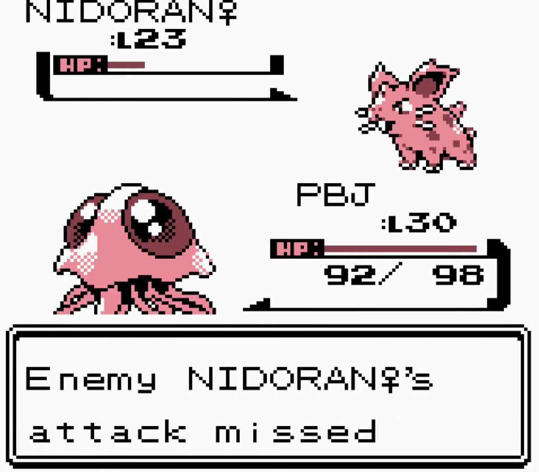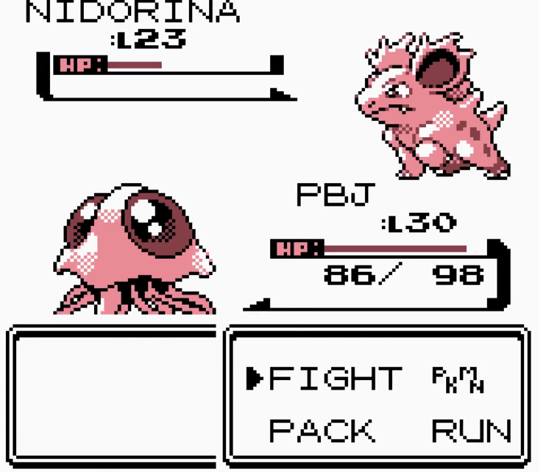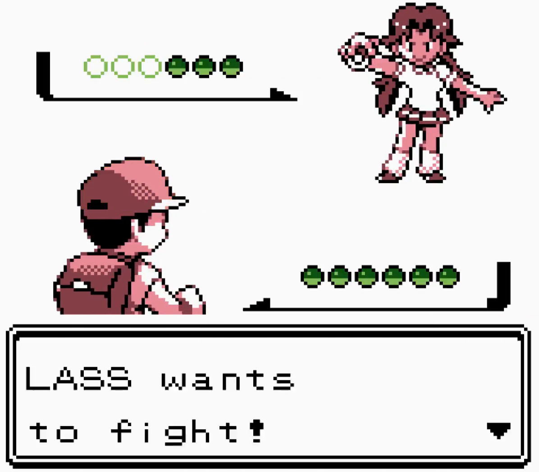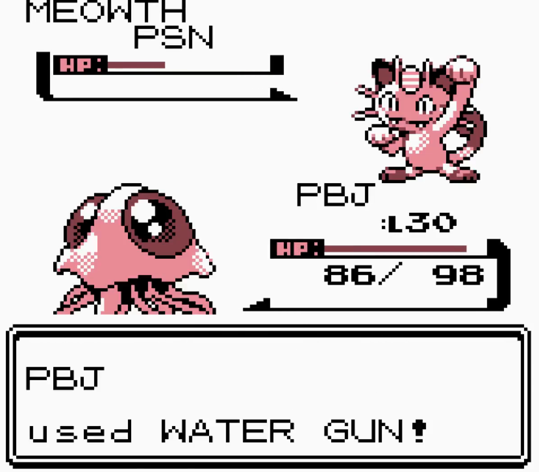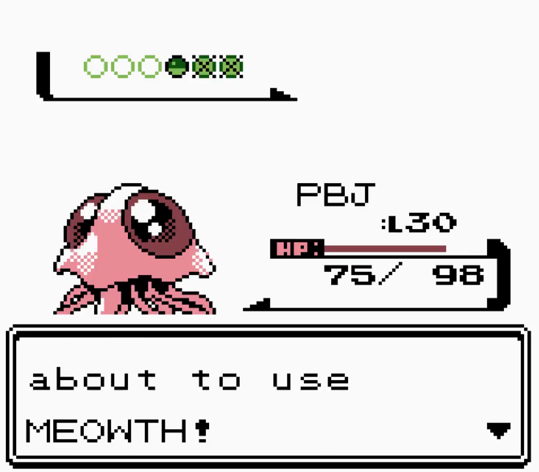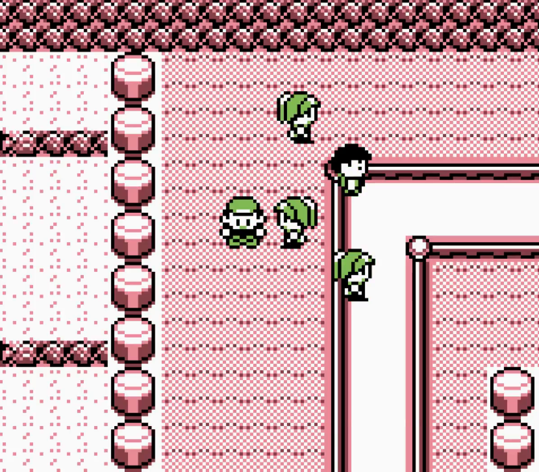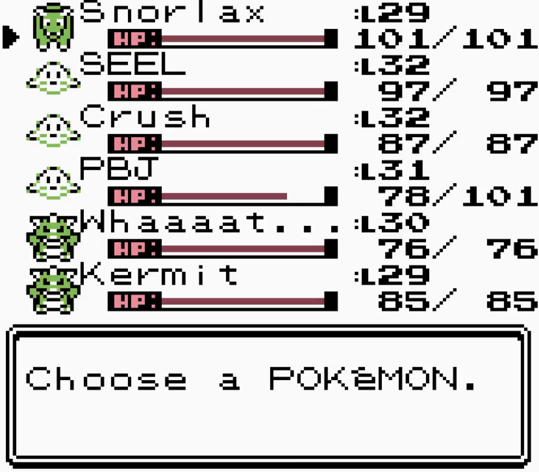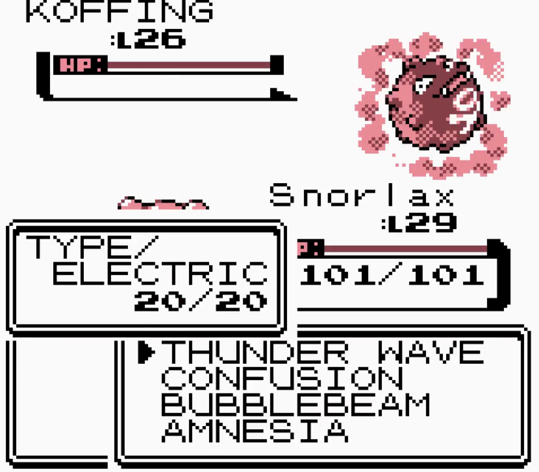Anyway, we can destroy this Nidoran, and I really should be using water gun. So there we go, and this one has got Meowth, just Meowth. Wow, I got poison on Poison Sting, that happens so rarely. And then I one-hit him with water gun anyway. Yeah, okay, so there we go. I'm up to level 31 with Tentacruel, so let's bring in Snorlax. So hopefully Snorlax will soon be at the level he can evolve. I don't know what that level is, but